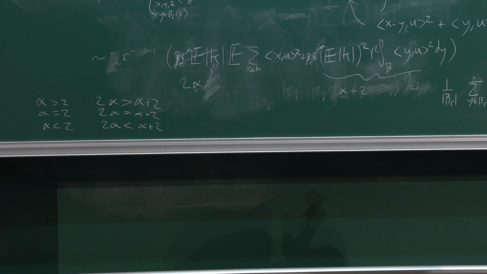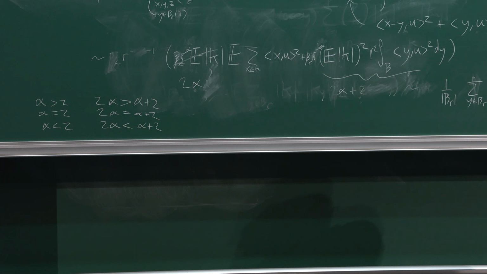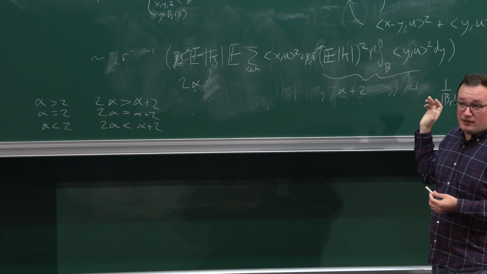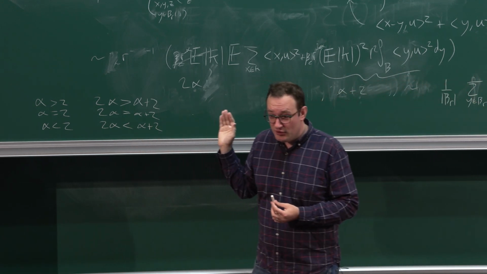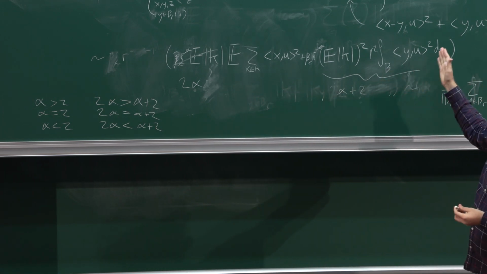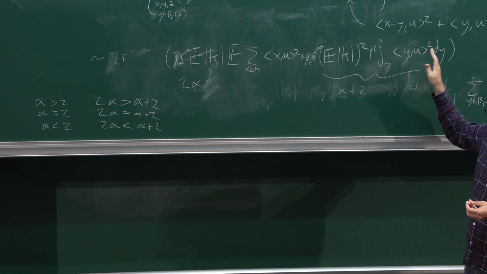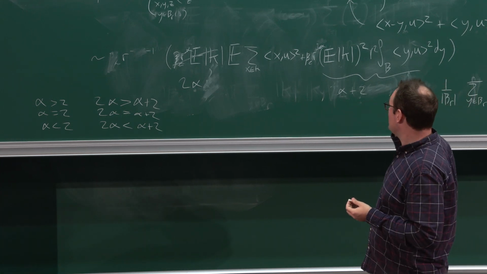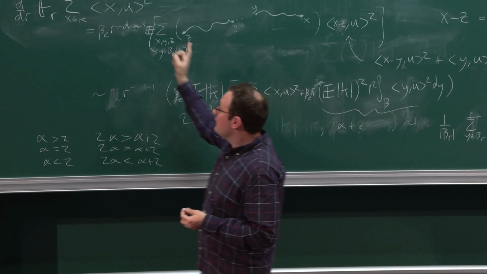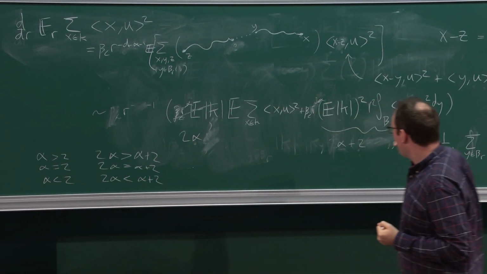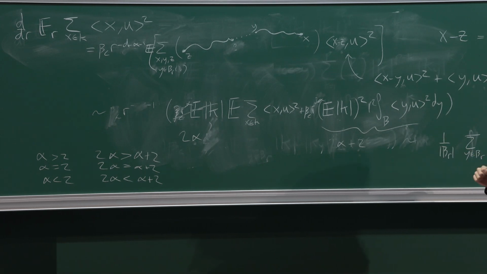And this should kind of make sense in the picture that you expect with the change in behavior between the Brownian type scaling and the Levy process type scaling. Because this term is exactly describing the effect of a single jump. Right? So this is saying essentially when alpha is less than 2, which is when you expect to get the Levy limits, that this contribution from the single jump is actually driving the system. Right? And you get, in the end, that there's an asymptotic relationship between this quantity, summing over the cluster of how far you go in the u direction squared, and just how far you go in a single jump, so by crossing a single edge.